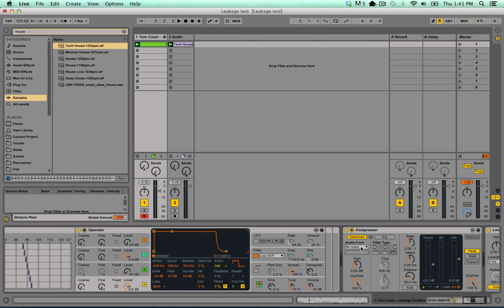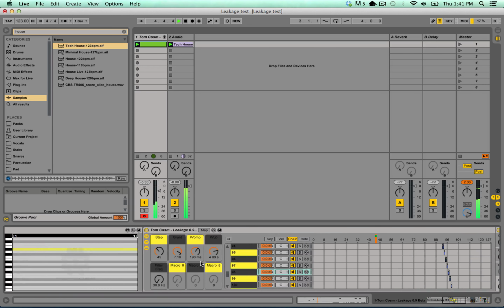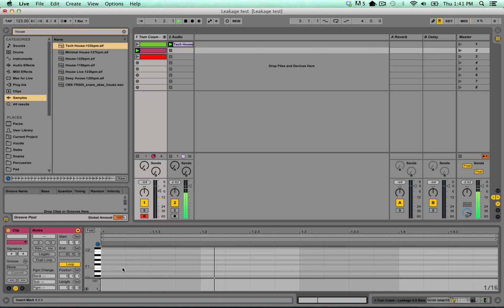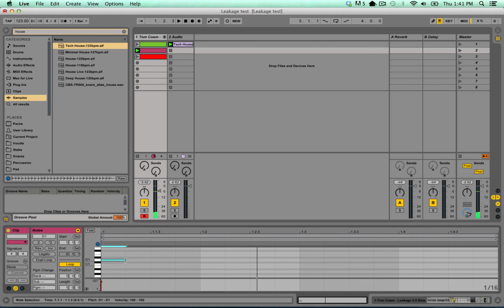I'm going to go over here. I do have a compressor which is sidechained. I'm going to sidechain it to the techno loop we just made, and we'll give it an EQ bandpass just so we can grab that kick. Let's add a new MIDI note here. Stop that and play this. Let's just put in some